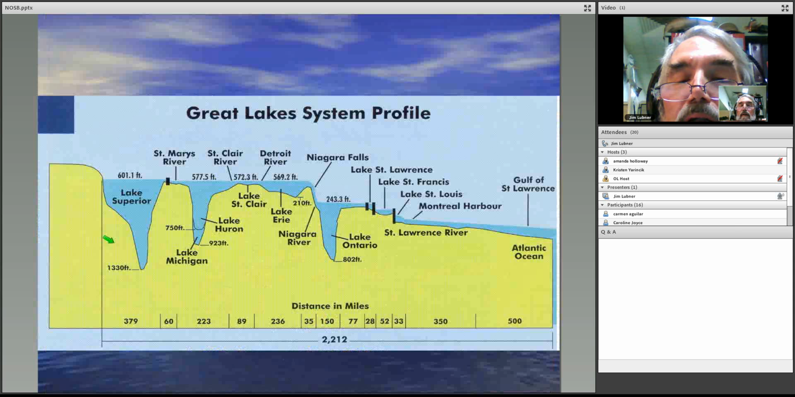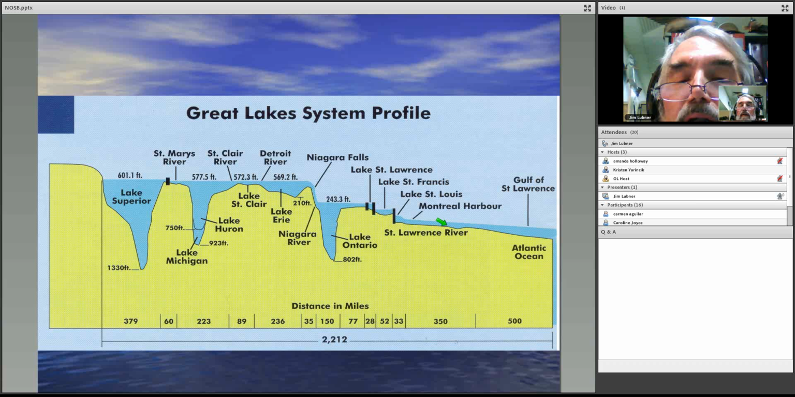If we look at the system in profile, what you can see is that the water level in Lake Superior is about 600 feet above sea level. It drops about 25 feet to the level of Michigan-Huron a little bit through the St. Clair system, so that by the time you get to Niagara Falls, the water level has fallen about another 8 feet from Michigan-Huron, and then it's about 325 feet, as I recall, over Niagara Falls and through the Niagara River system to about 240 feet above sea level in Lake Ontario,